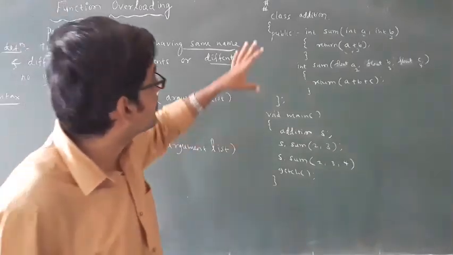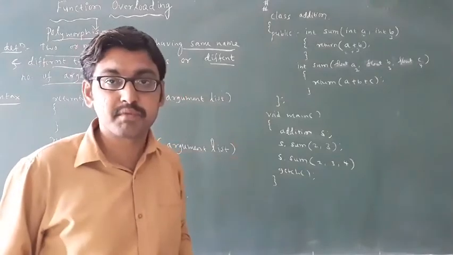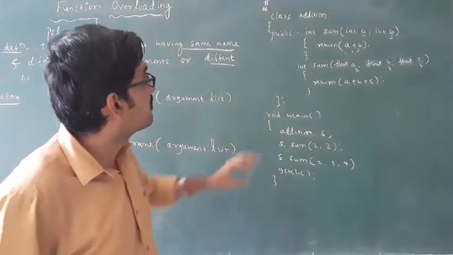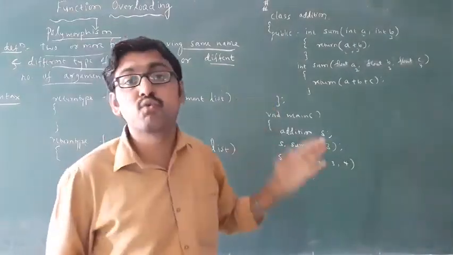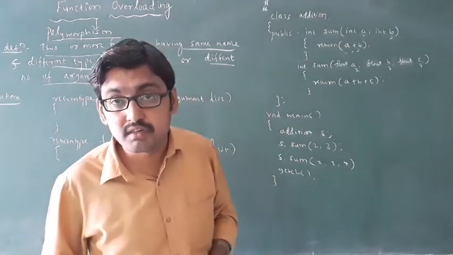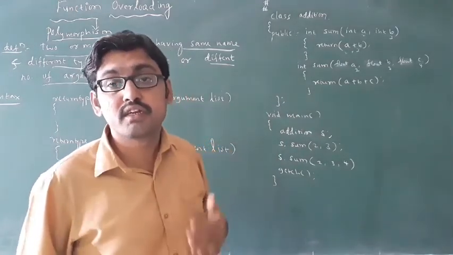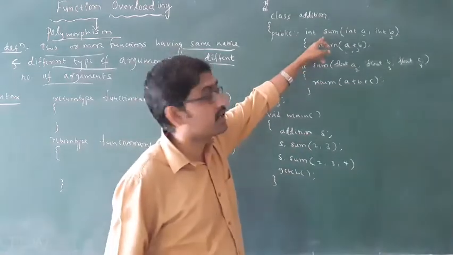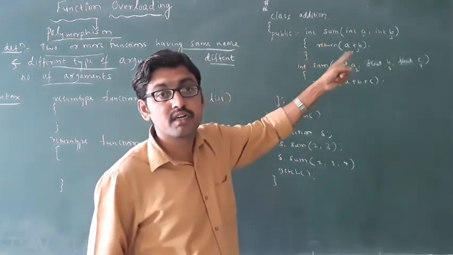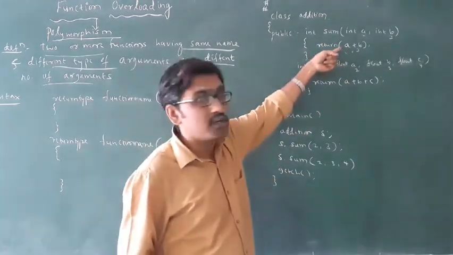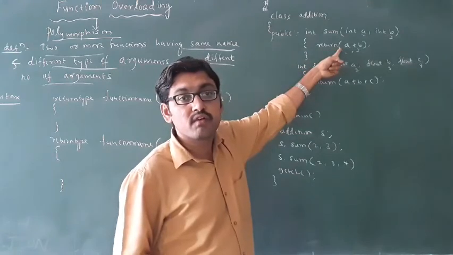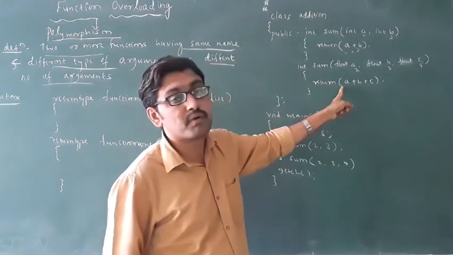Okay, this is a small program I am writing. In this program, it is an addition of two numbers and an addition of three numbers. See, I am using the same function name, but I am performing a different operation. In this I am performing only addition of 2 numbers. In this I am performing a